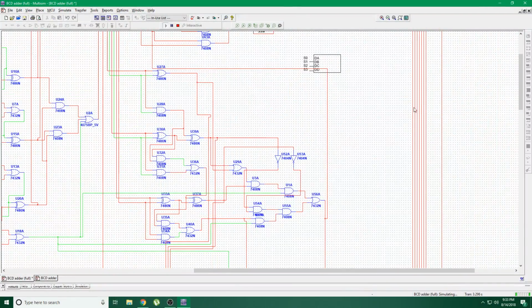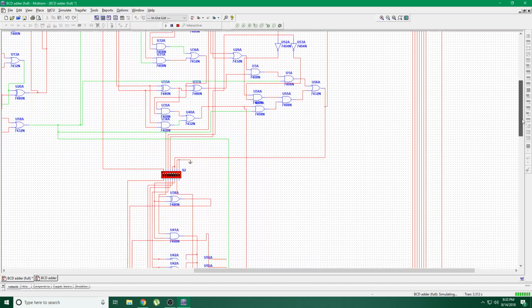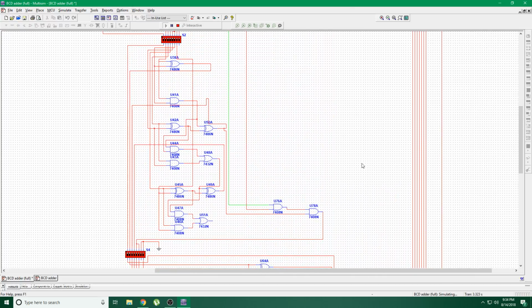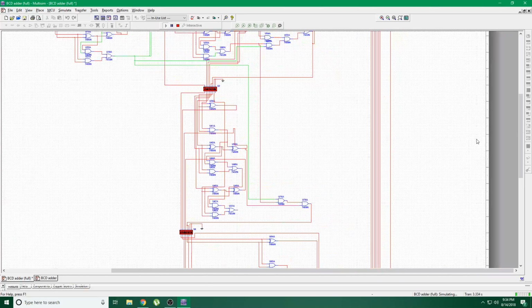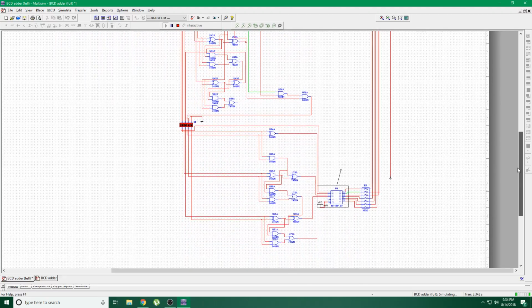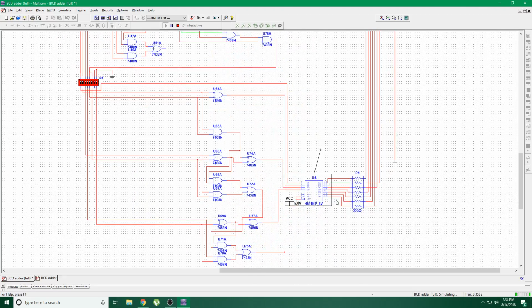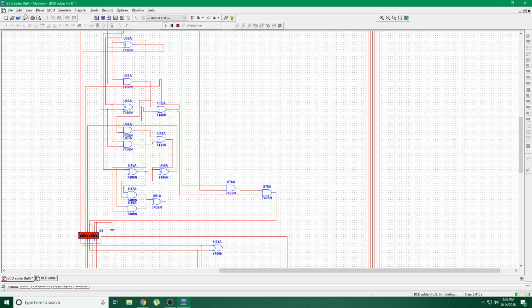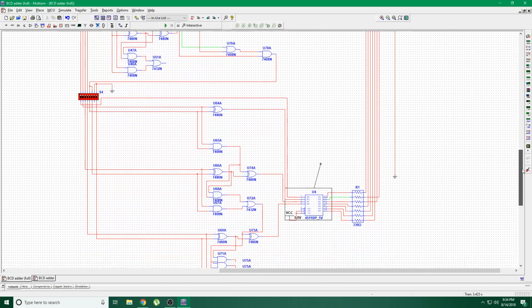So what we could do instead is, instead of it having another adder, so let's save this. So instead of putting another adder,